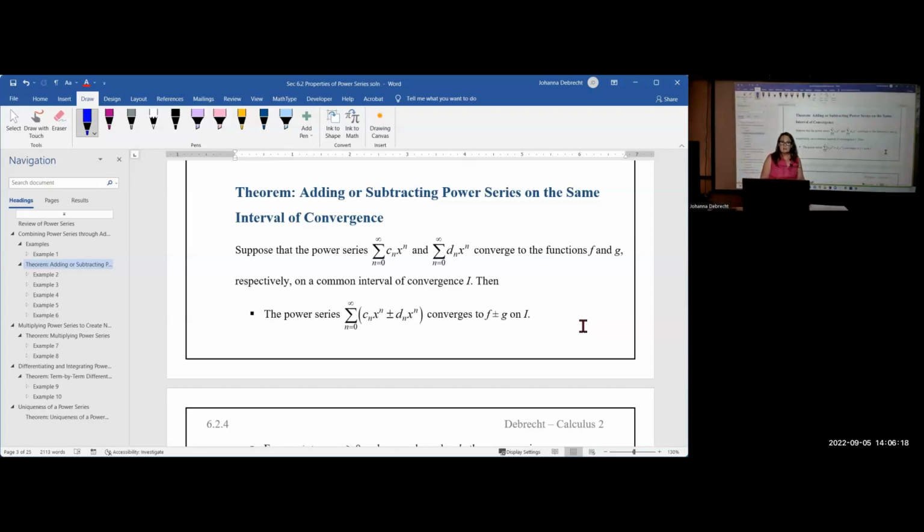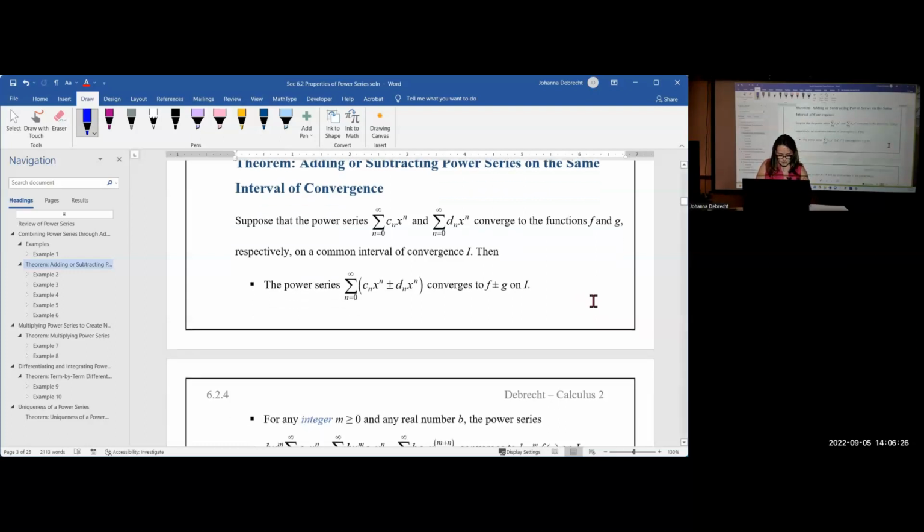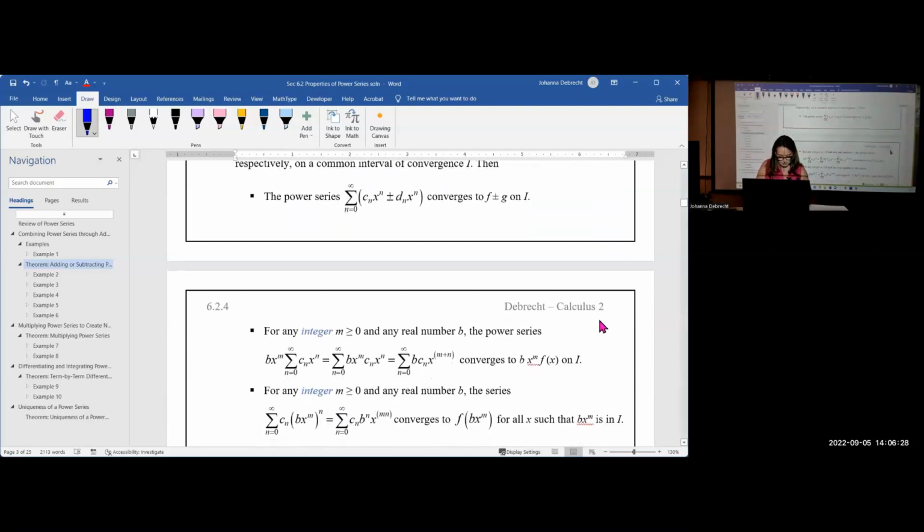This gives us ways of building new power series for different functions based on ones we already know converge on some interval of convergence. Now, the next two parts of this are somewhat more complicated. They look terrible, but they're really not that bad. We should really probably call this section adding, subtracting, and composition, or even multiplying by a factor. So what we've got in this next case is if we take any integer, so the negative whole numbers,